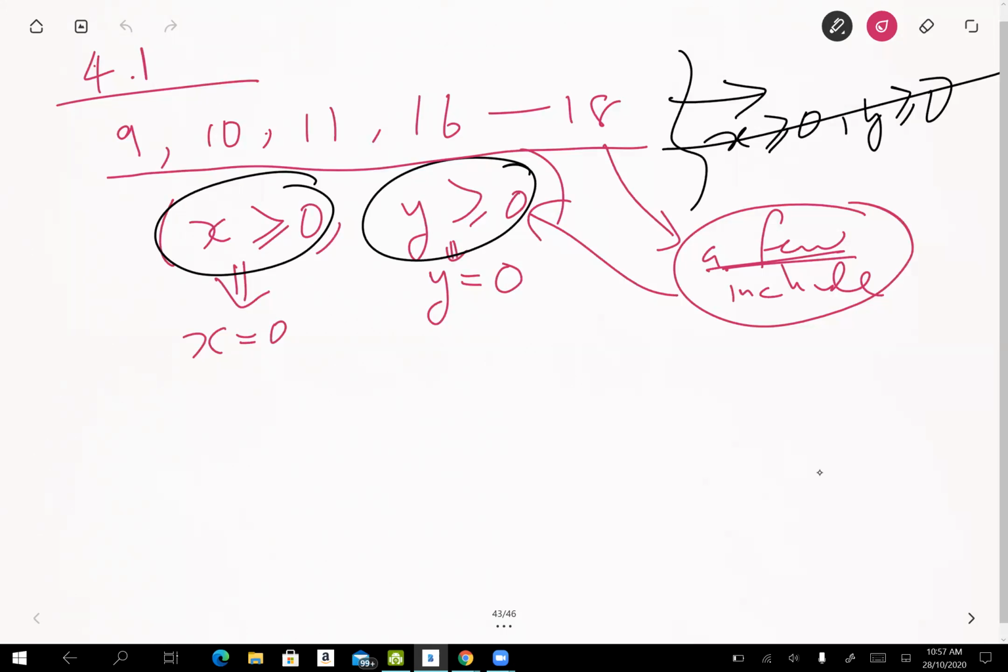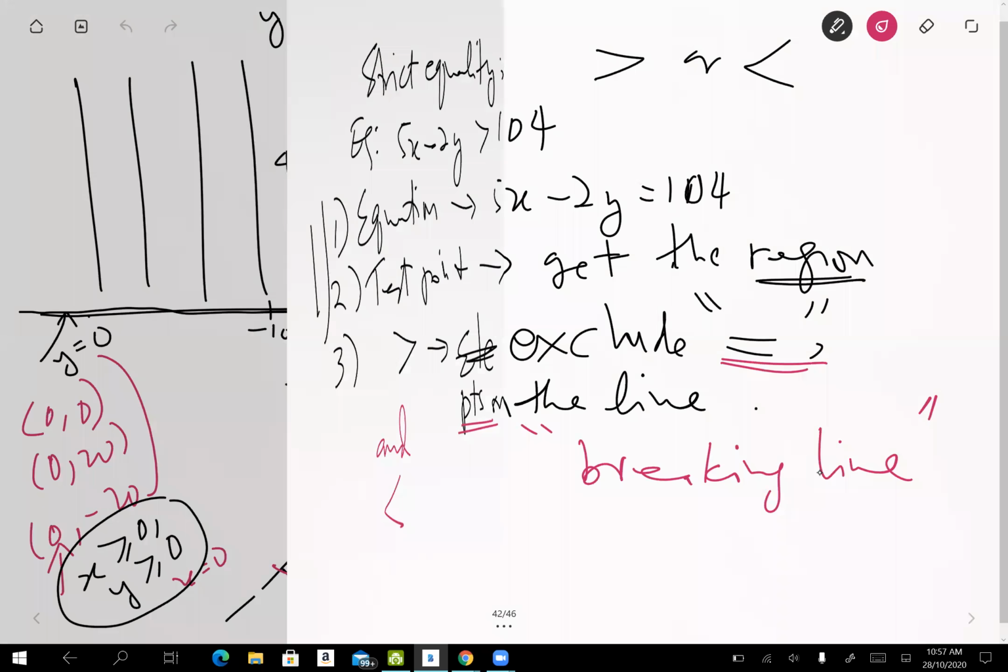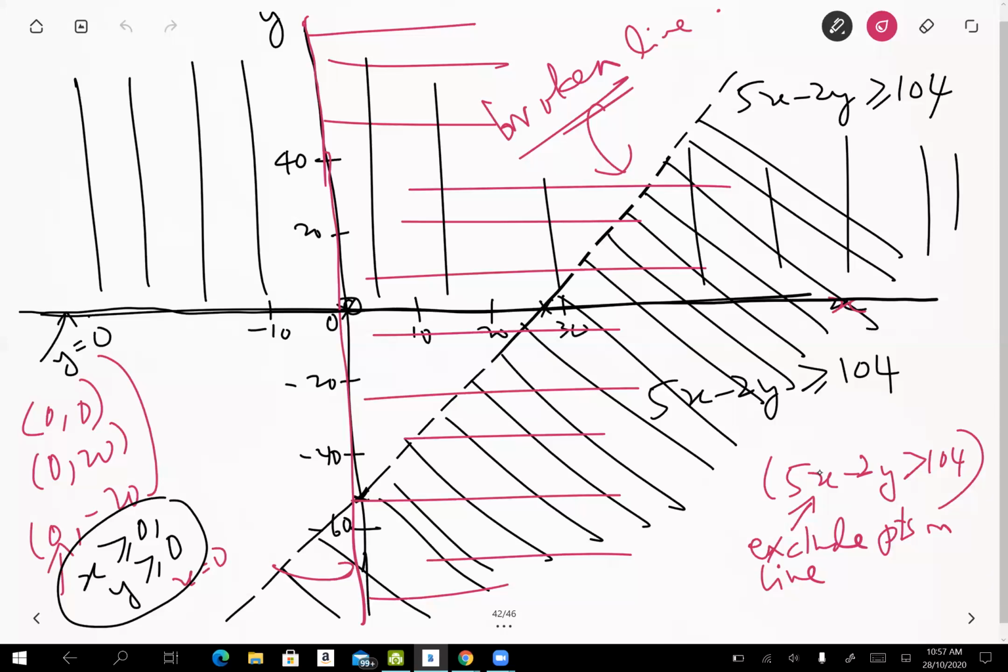Okay, now let's do another example. So I have this graph here, 5x minus 2y bigger or equal to 104. Let's add another inequality to that one. Okay, 5x minus 2y bigger or equal to 104. So let me add another inequality to that. Let's say we have